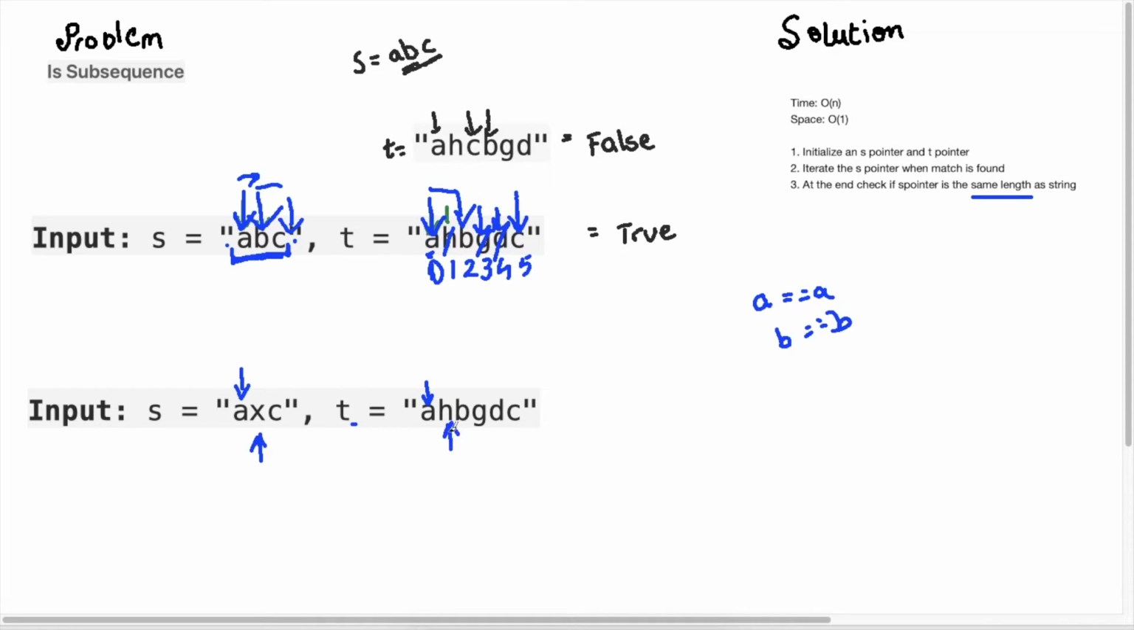So we're at H, and H does not equal X. Okay, well, keep moving. Let's go to B, and then B does not equal X, and then G does not equal X, and D does not equal X, and C also does not equal X. And in this case, we will go ahead and return false because we know that